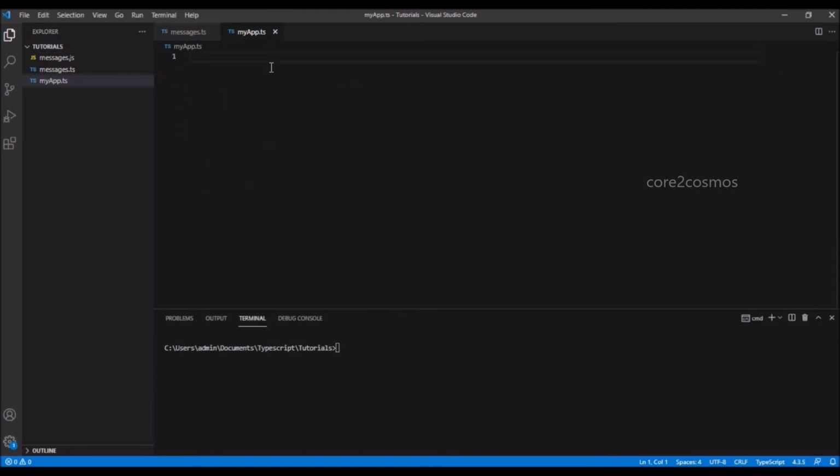At line number 1, I am going to import the namespace messages by saying /// reference, and inside the reference tag I give the path property as messages.ts. So I have included the namespace.